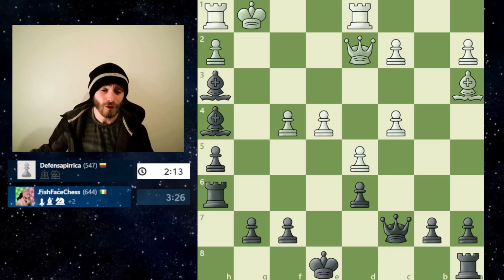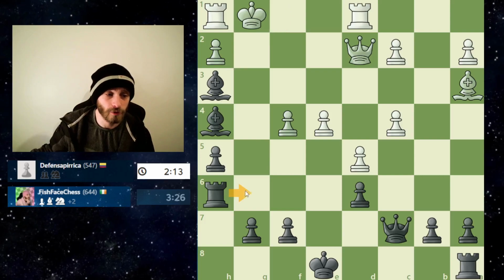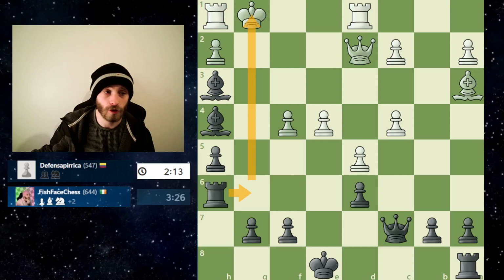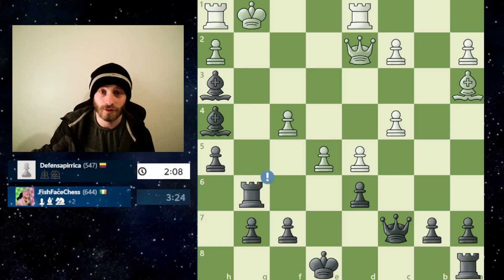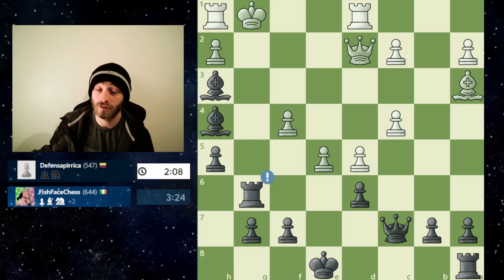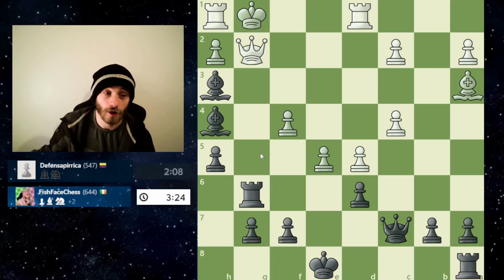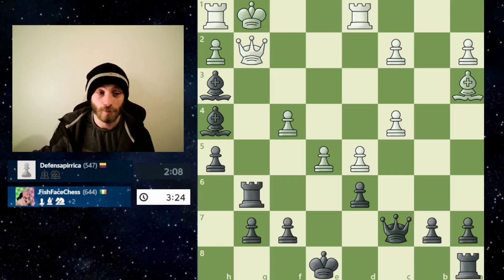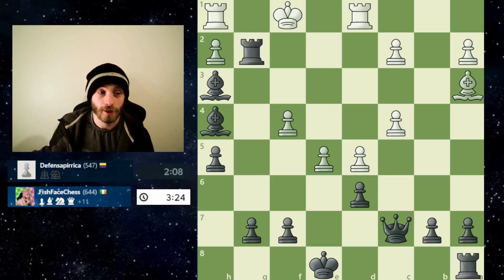So, we just capture back and our attack is still raging on, and our next move is just going to be check. And if you are keen-eyed enough, you can see that it's a checkmate. Not just now. It's not just a checkmate just yet, because he has obviously got this move. Now, in this position, our opponent did resign, but oh my god, what a bloody...